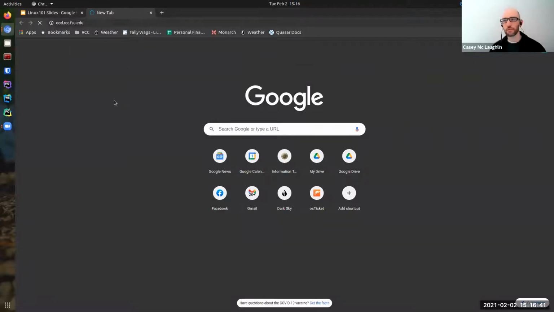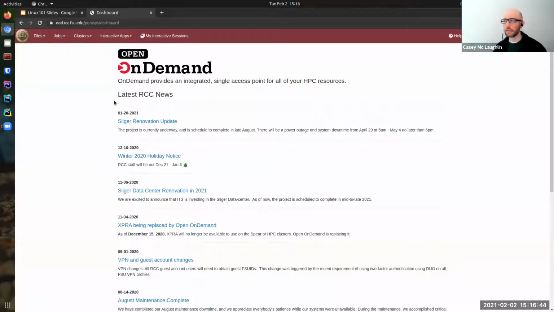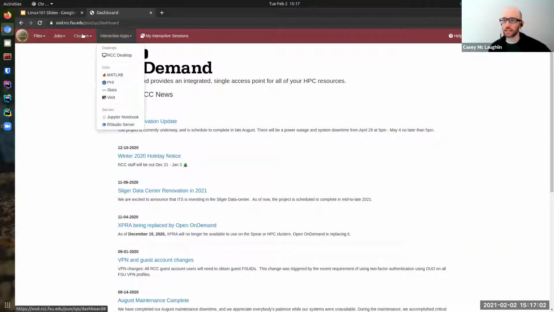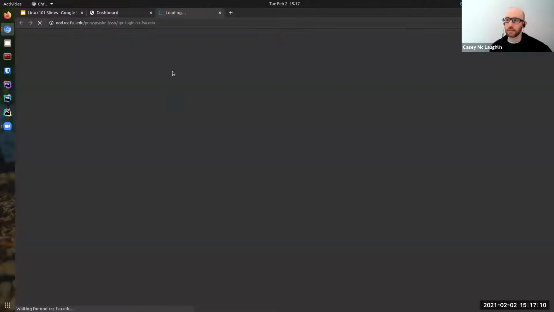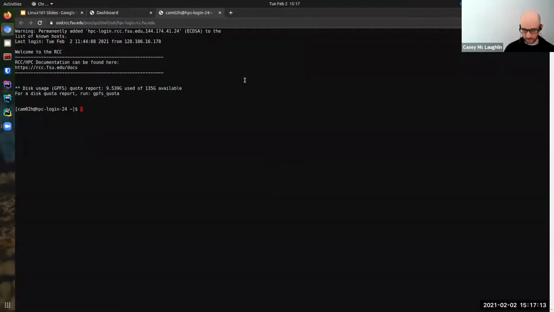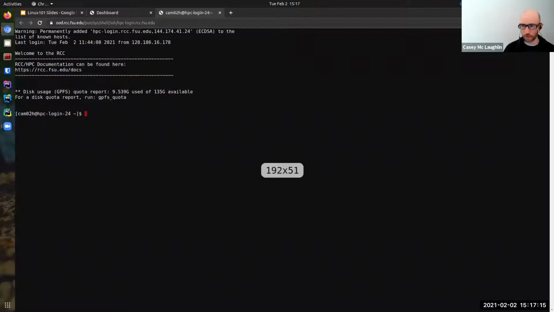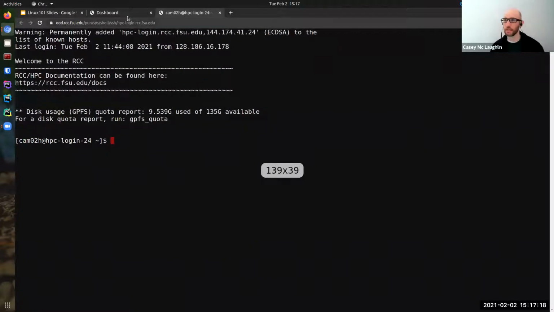If you are familiar with the Research Computing Center, we recently launched a tool, I guess I could say, to make the HPC more accessible to a wider variety of users. And you don't have to necessarily know the command line to use the HPC now, but it helps. Since our presentation is on the command line, though, I'm going to open it up here today.